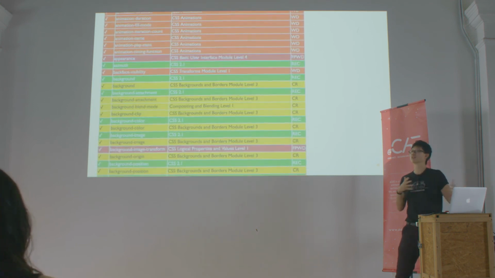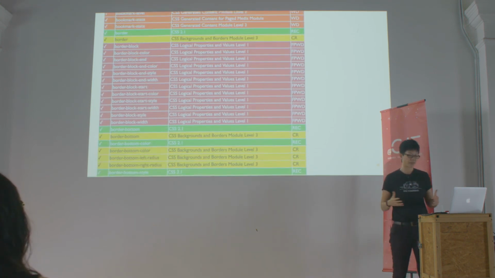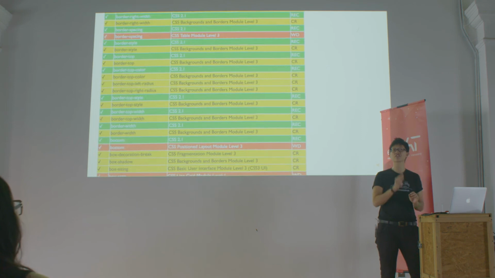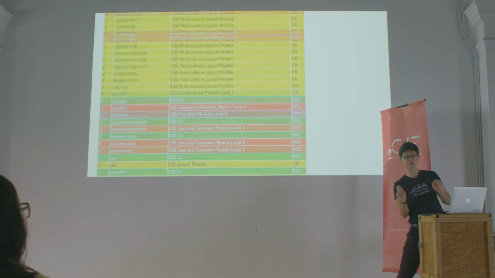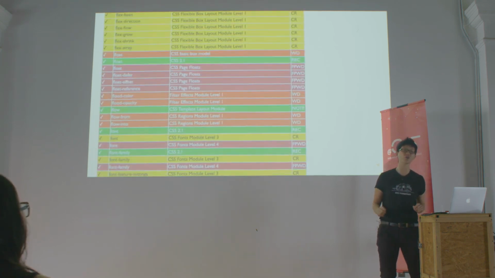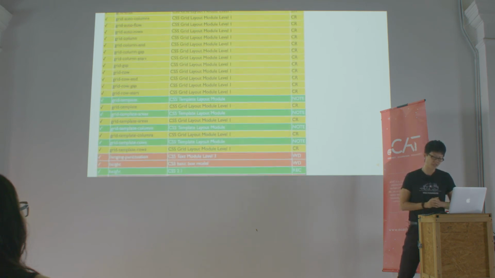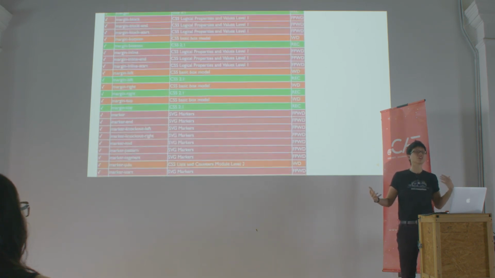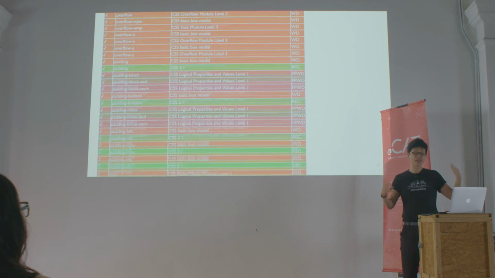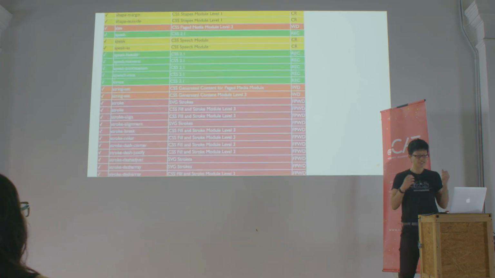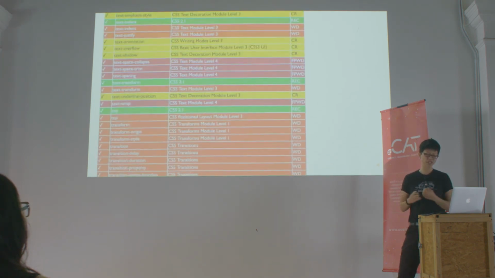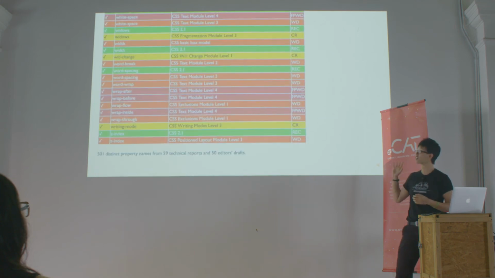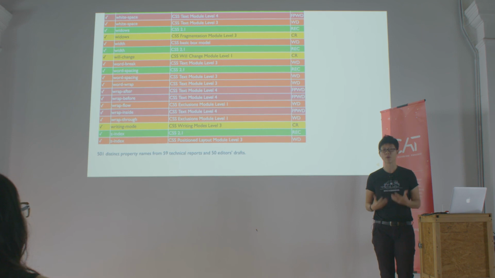So CSS has been around for 20 years now. And the last time I checked, there were 501 distinct CSS properties. And no, you don't have to know every single one of them. I'm just pointing out that we can achieve a lot more with CSS now than ever before. And because CSS is an integral part of web layout, it's really about combining all these different properties to create designs that are truly web.